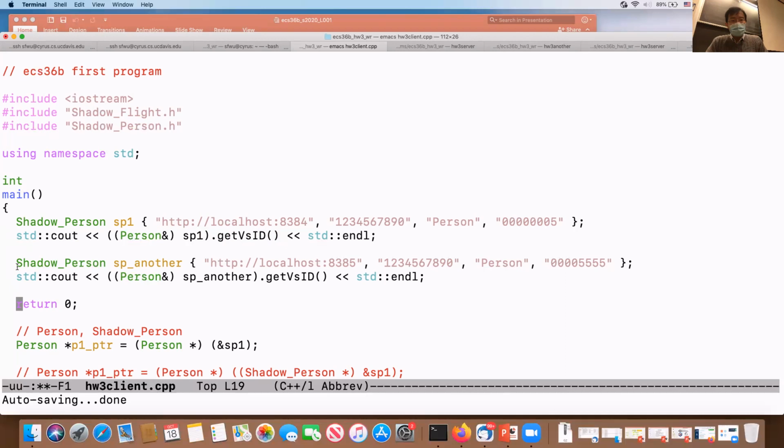Different, right? So number one, the ID is different. Number two, the URL is different. The URL is different, which means those two actually belong to two different servers. In fact, the first one, 8384, is the port number. By the way, when you look at the URL, you see there is a colon followed by 8384. That's the port number. So the port number is very important for you to access a service which is